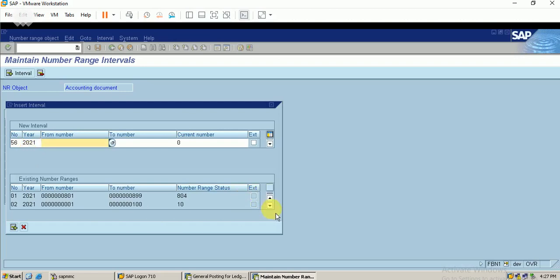Let me check what the available number range is. It is already available.